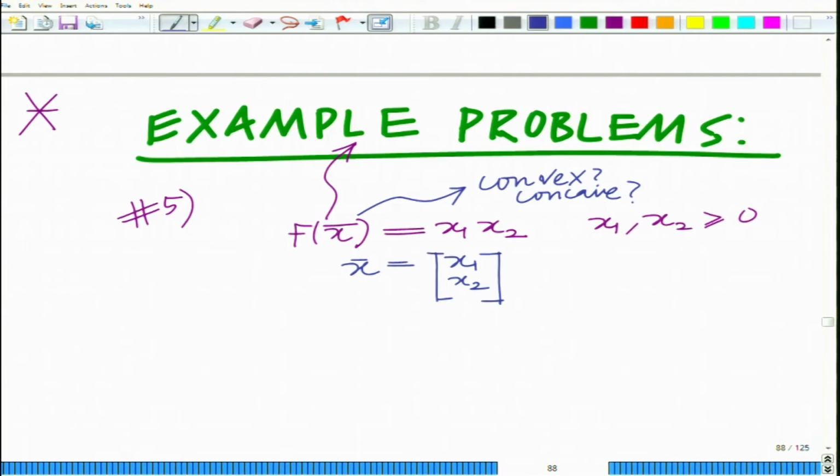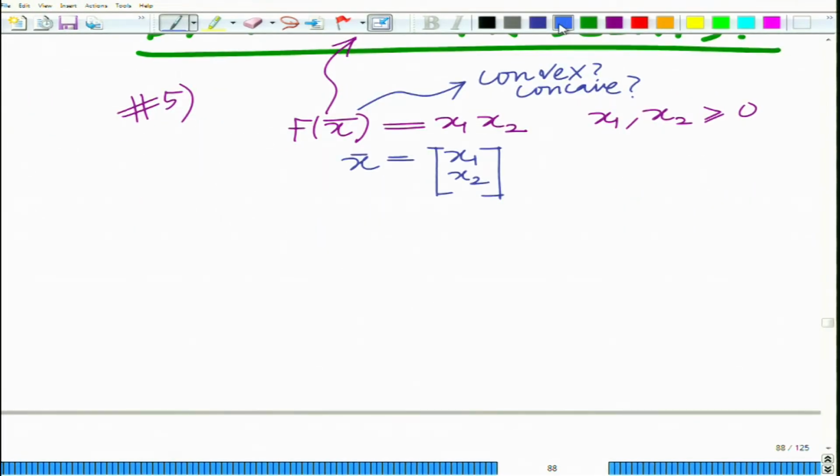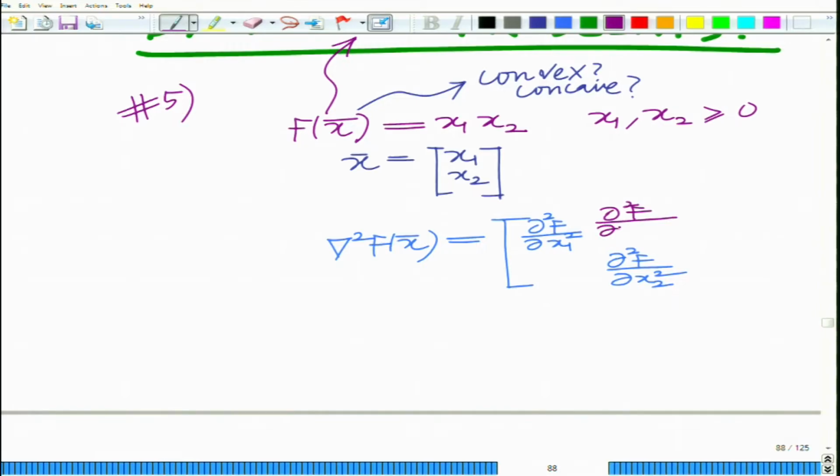Let us start by looking at, once again, remember we have a simple test for convexity, the Hessian, which in this case is simply dou square f by dou x1 square, dou square f by dou x2 square, these are the two diagonal elements, and the off diagonal elements are dou square f by dou x1 dou x2, partial with respect to x1 and x2,